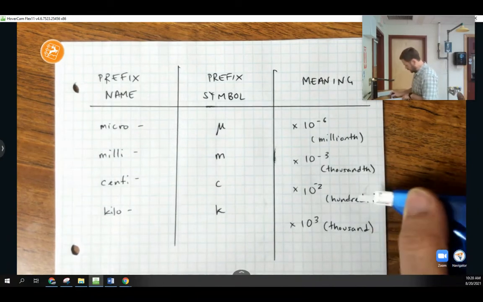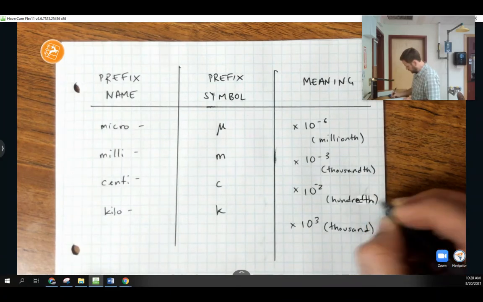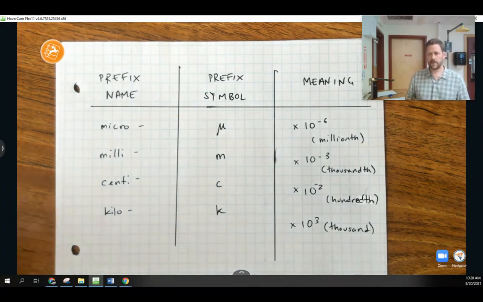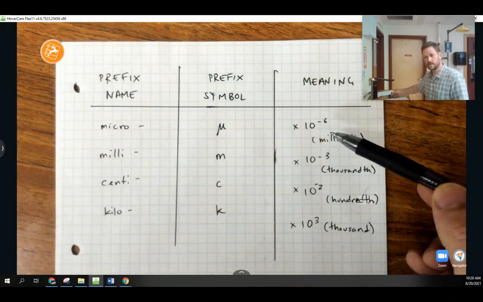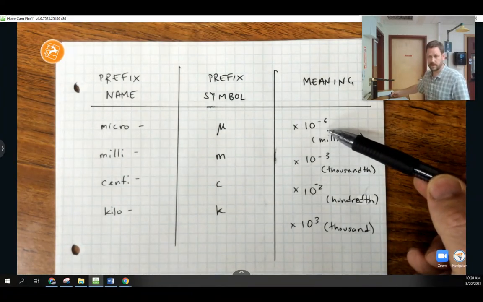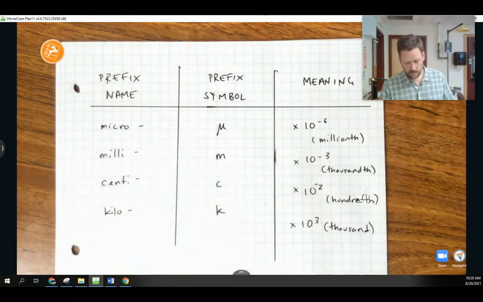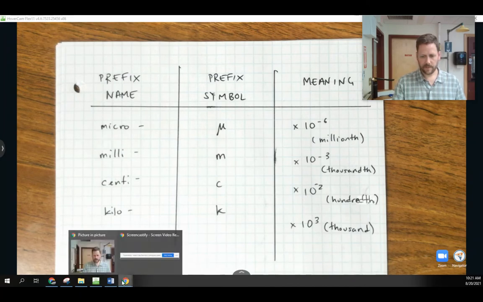So let me clean this up a little bit. Hundredth. There we go. There's our metric prefixes. So we'll want to understand their meaning and also be able to think about scientific notation like this. This means if I wanted to convert from meters to micrometers, I would need to move the decimal 6 places to the left in order to make it a very small division of a meter. And if you ever need to go back to this video to write down the notes, of course, that's an option, but I'm going to move on to the last slide I wanted to include here,